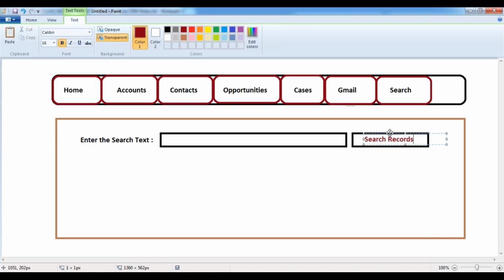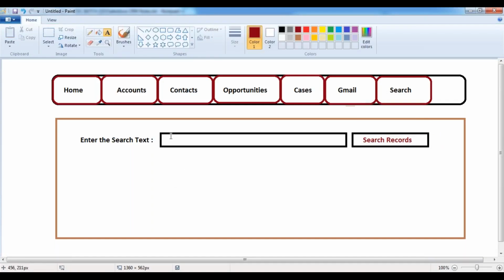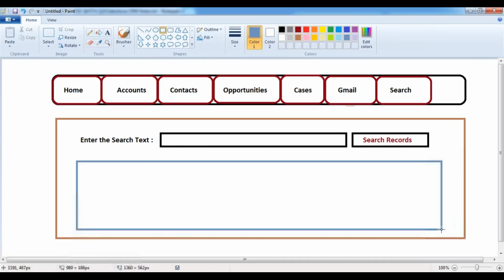Based on the characters you have entered inside this text box, they want us to search for some records, and those search results they want us to place inside a tabular format. They want to display the matching records inside this tabular format.